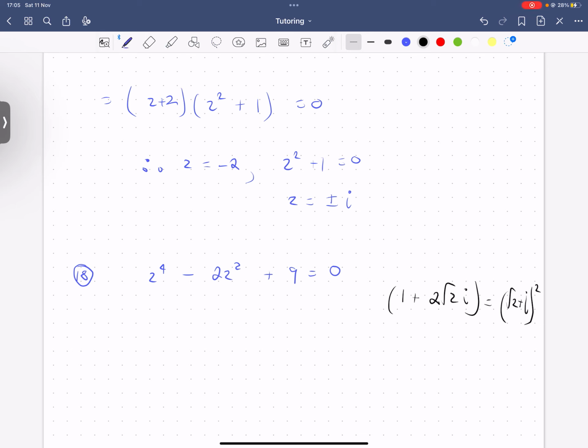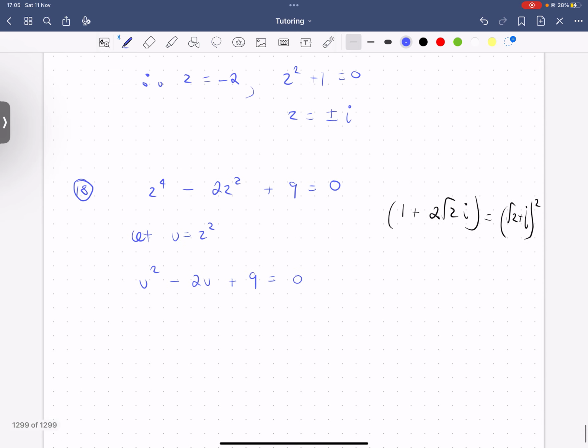I'm thinking personally we might want to do a u substitution. So let u equal z squared. So that means u squared minus 2u plus 9 equals 0. That's not going to be the prettiest thing, unfortunately, so let's use the quadratic formula. u is equal to 2 plus or minus the square root of 2 squared minus 4 times 9, which is root minus 32,